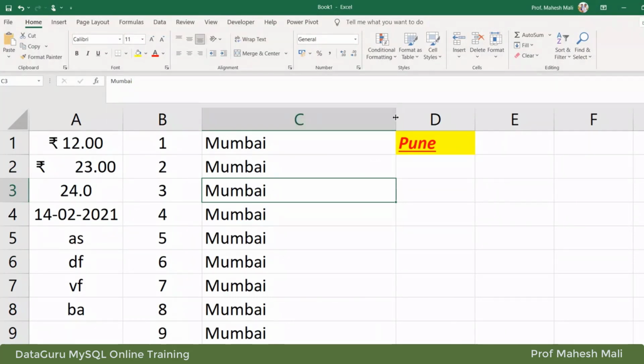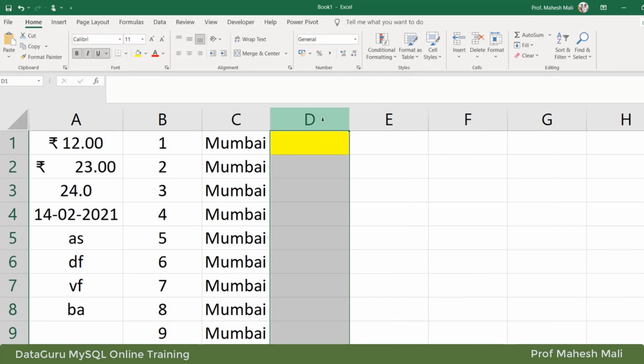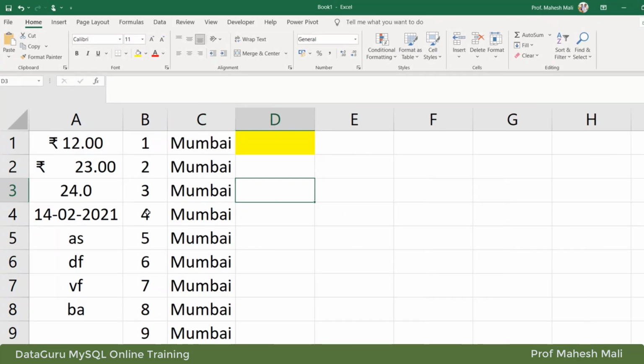I can just go between C and D. See, this icon will come, and if you double click on it, it will automatically arrange itself to the required size. Again, go between B and C, this arrow will turn up, double click and it will align itself in only the required space.